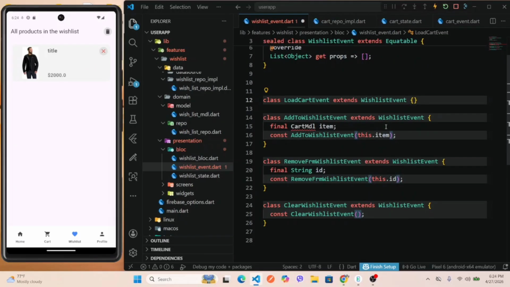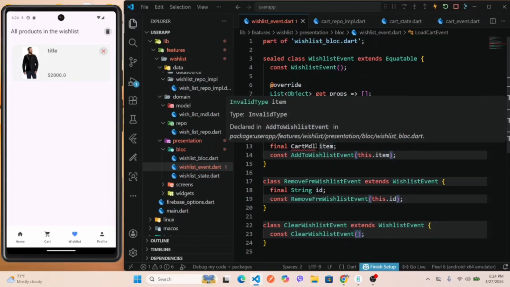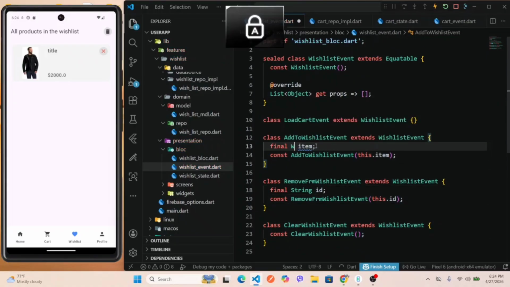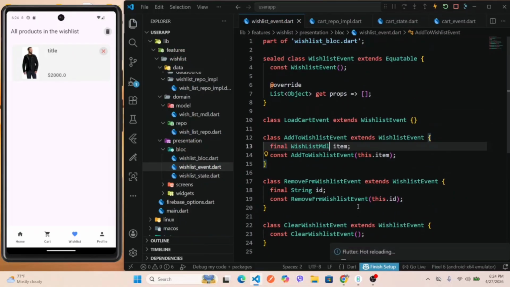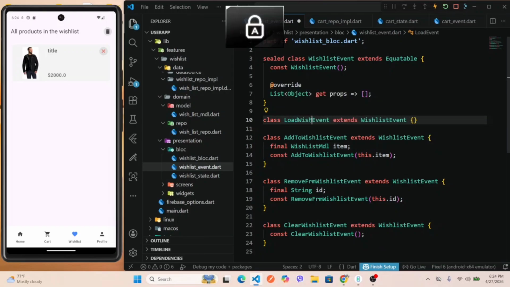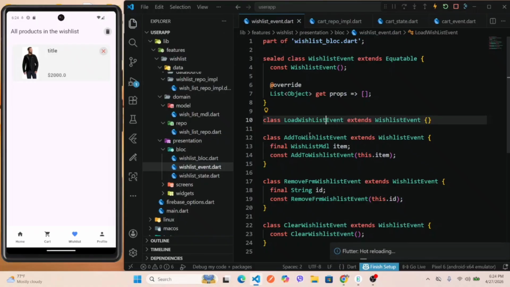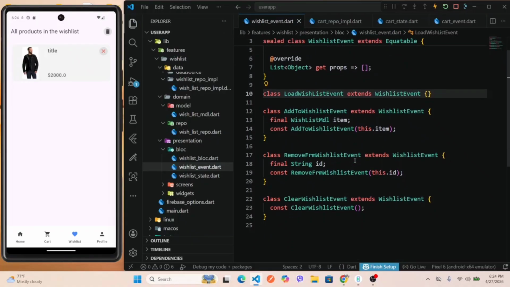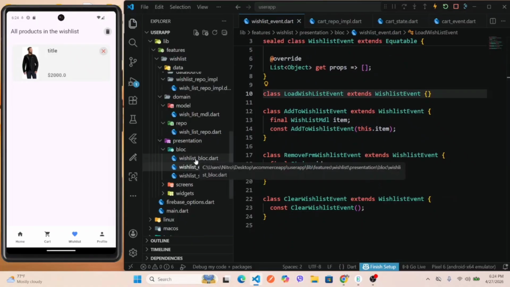Wishlist event. This is this one. Okay, perfect. And here we provide the wishlist model. Okay, we have load cart event. Sorry, change this to wishlist. Add to wishlist event and remove from wishlist. Okay, now